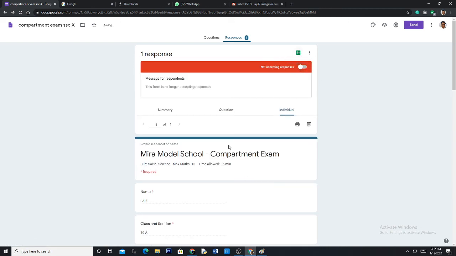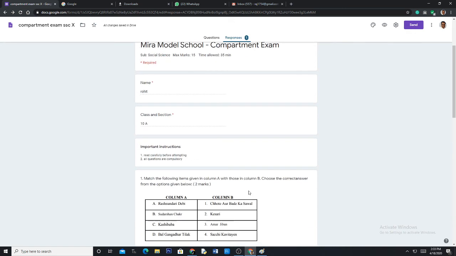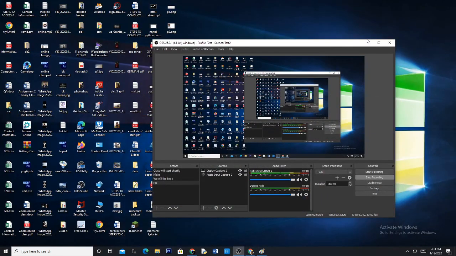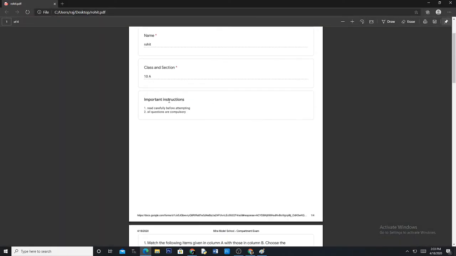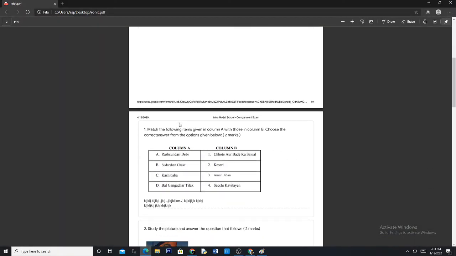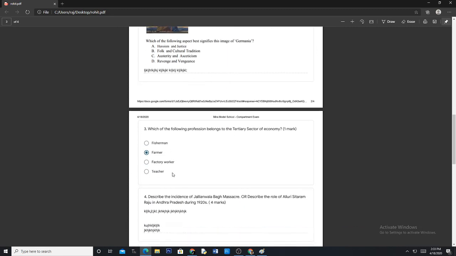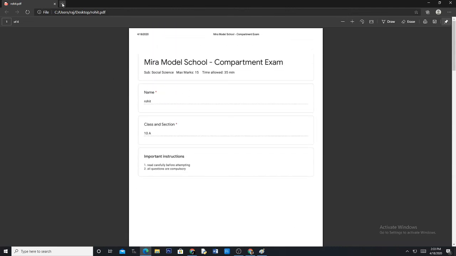So there are n number of options. For the time being, I am telling you only these basic options, and once you can do this, you can start exploring other options. This is a very beautiful tool, right? So I log out. My work is done, and finally see on the desktop, Rohit. This is the answer sheet. See, name Rohit, class name, section, your important instructions. This is the first question. This is the answer given by Rohit. You can check your answer sheet. Okay. So thank you very much.